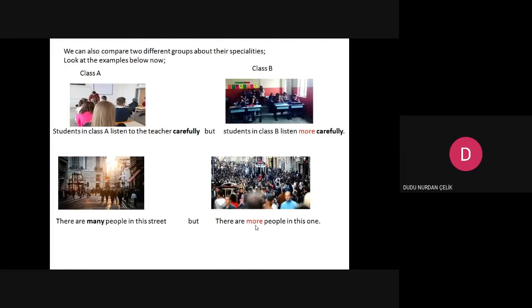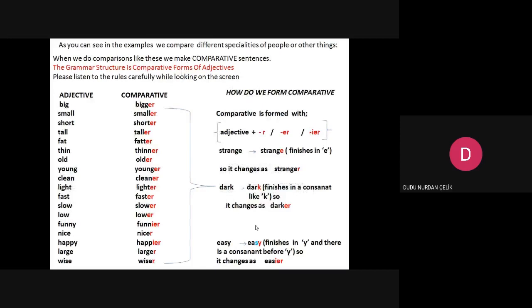Okay, let's go on. I used a lot of different adjectives and comparatives in the previous pages. Let's have a look at the structure, the usage, and other adjectives here. As you can see in the examples, we compare different specialties of people or other things.